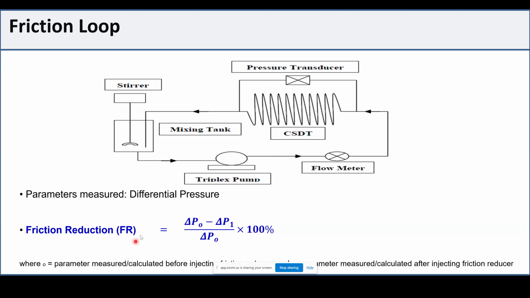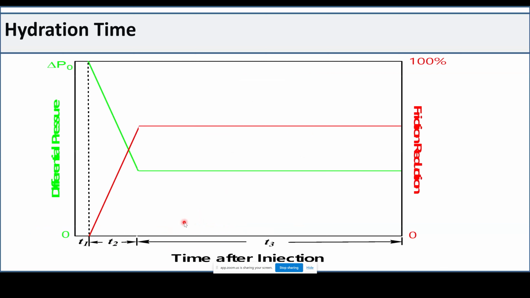And then as a function of time, we are looking at the FR percentage with time. So let me put it this way. That is a typical curve of what happens. Initially, that's delta P0. The green line is actually the pressure drop. You can see it is starting like, I will say, a flat line here until the time you start adding